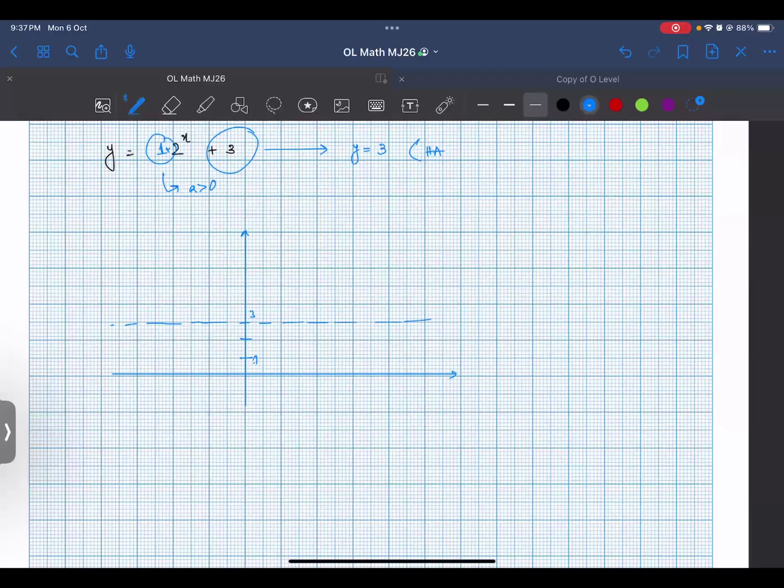And look at how equal the divisions on y are. And your y-intercept will be when your x is 0. So y is equal to 2 power 0 plus 3, which will be 1 plus 3, which will be 4. Good. So 4 is over here. And so your graph will be like this.